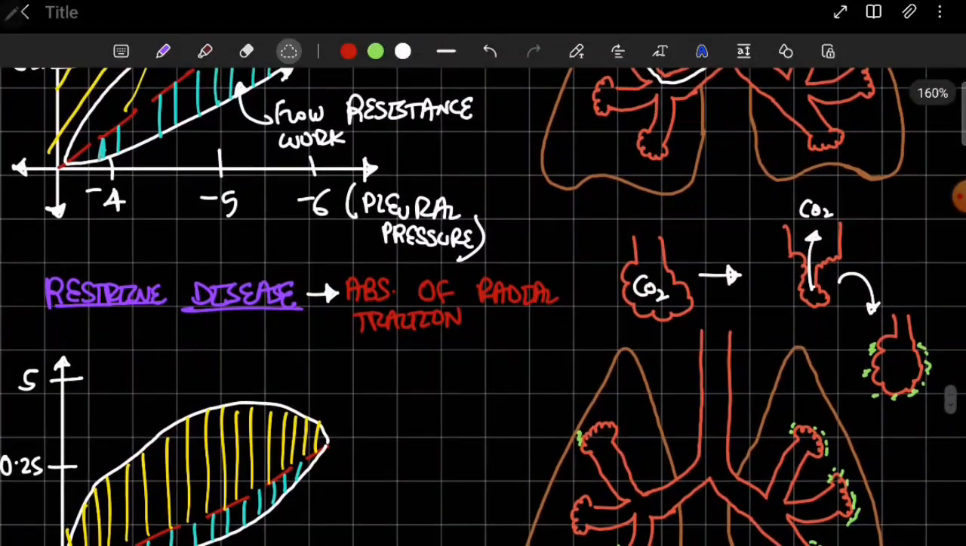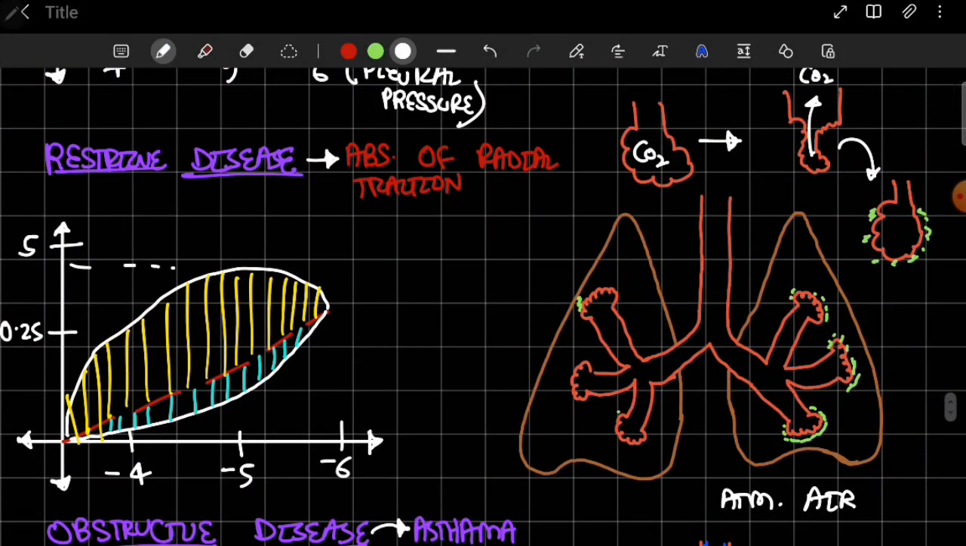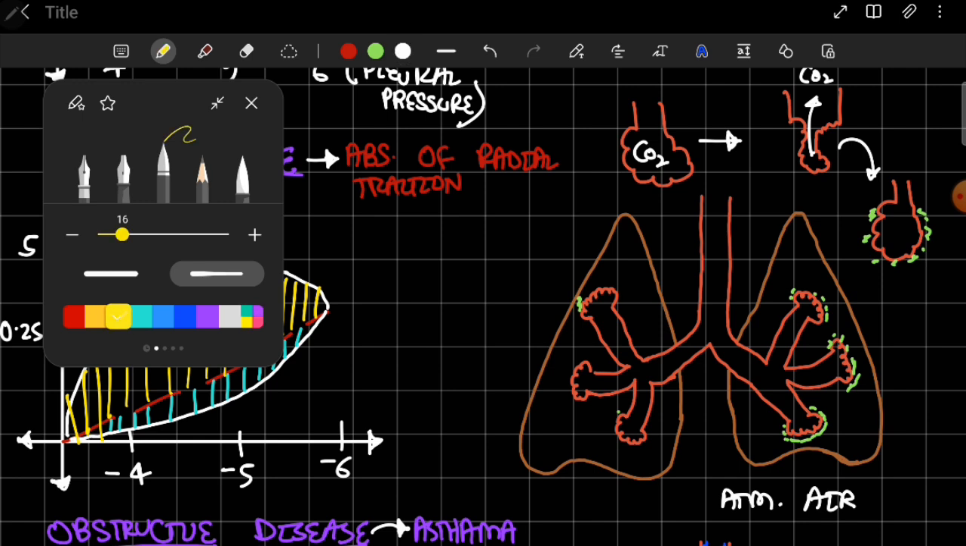Just a second to add something to this graph. The elastic work is